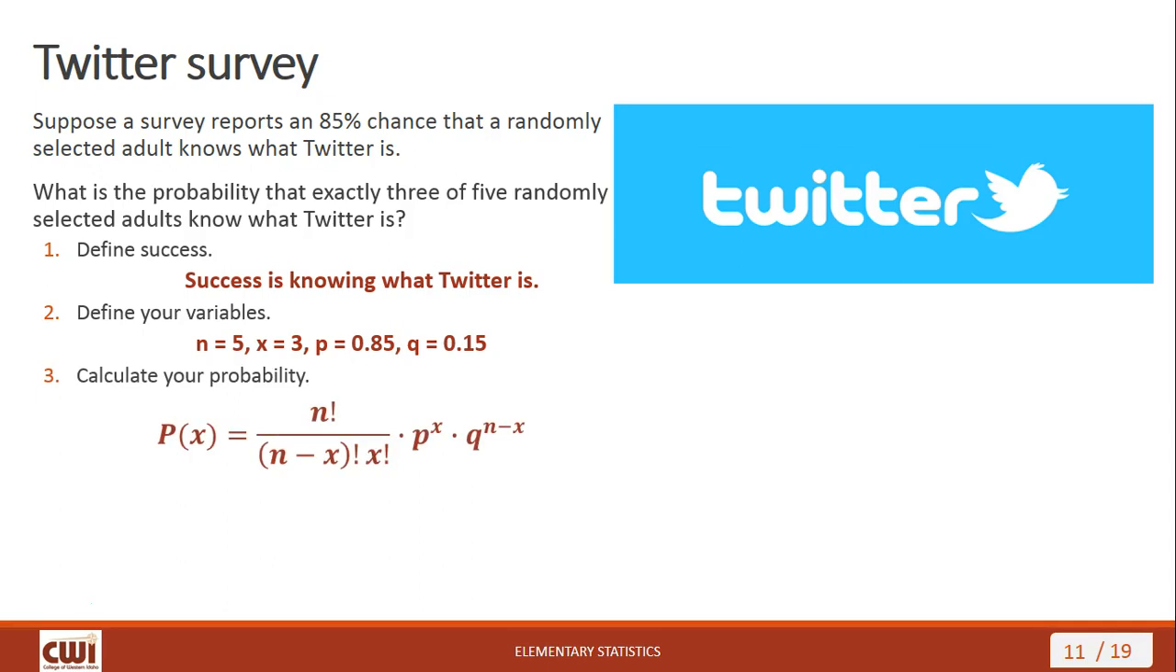Here's that purely old school equation, so we just substitute the values in for what we know. Everywhere we see an N, we're going to put a 5. Everywhere we see an X, we're going to put a 3. Everywhere we see a P, we're going to put 0.85. And everywhere we see Q, we're going to put 0.15. Punch this out on our calculator, and out comes